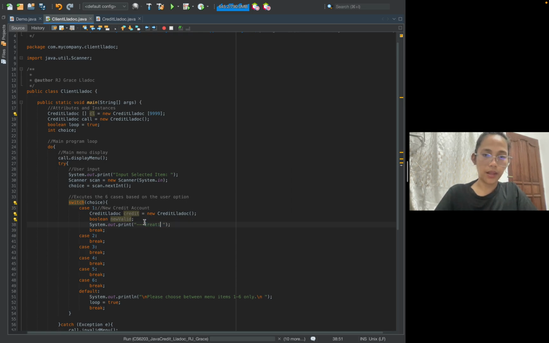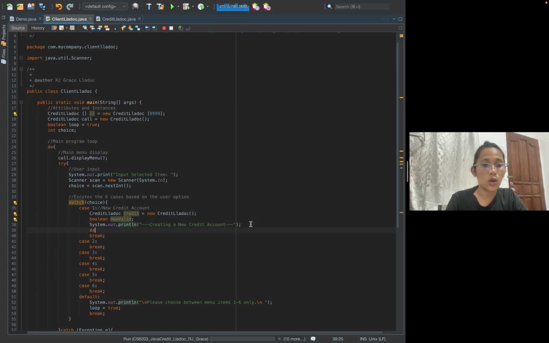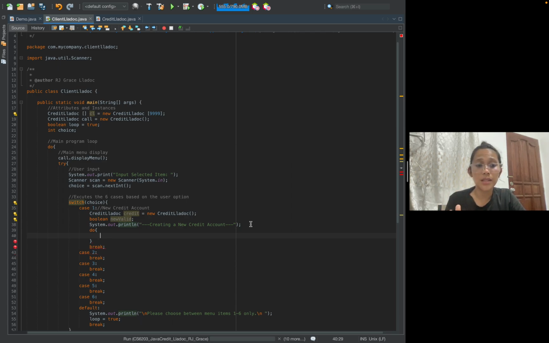Okay, I will program it here, creating a new credit account. And then it's a system print line. And then let's go with the do while statements. So since there will be still another scanner here, we will also be